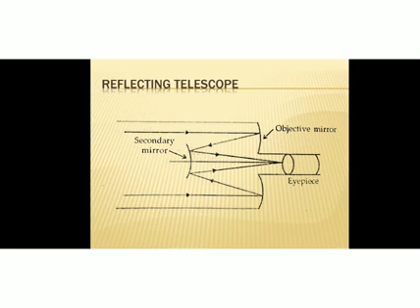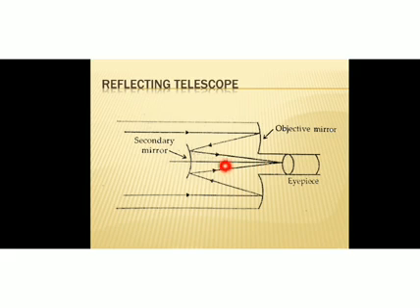And here let's discuss the working of the reflecting telescope. On the screen you can see a reflecting telescope, especially a Cassegrain reflecting telescope. Okay, it consists of a large concave paraboloidal mirror. That is the primary mirror. The primary mirror is the large concave paraboloidal mirror, having a hole at its center. So this is the objective mirror or the paraboloidal mirror, and it has a hole at the center.